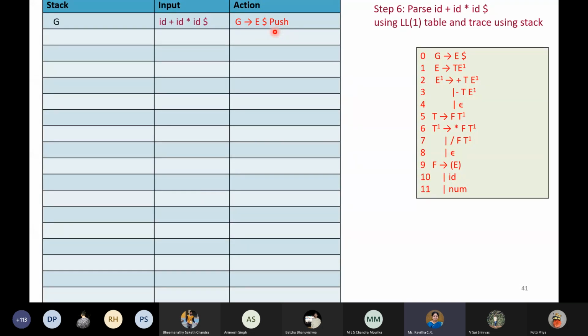Capital E is on the top. So it looks like this. Have you noticed that I have removed G and in place of G, dollar E is pushed. You don't have to break your head. You just put it in the reverse order. That's it. So dollar E is there in the stack now where E is on the top, and still my input I am pointing to ID only.